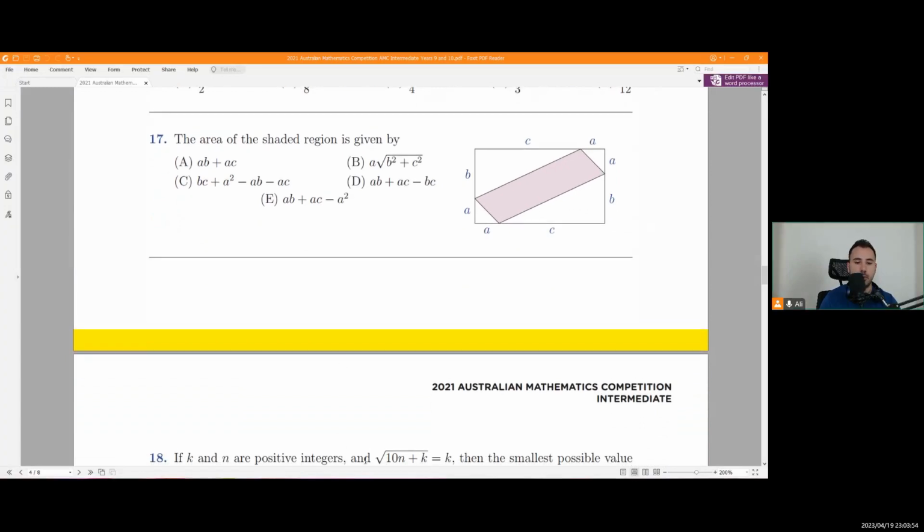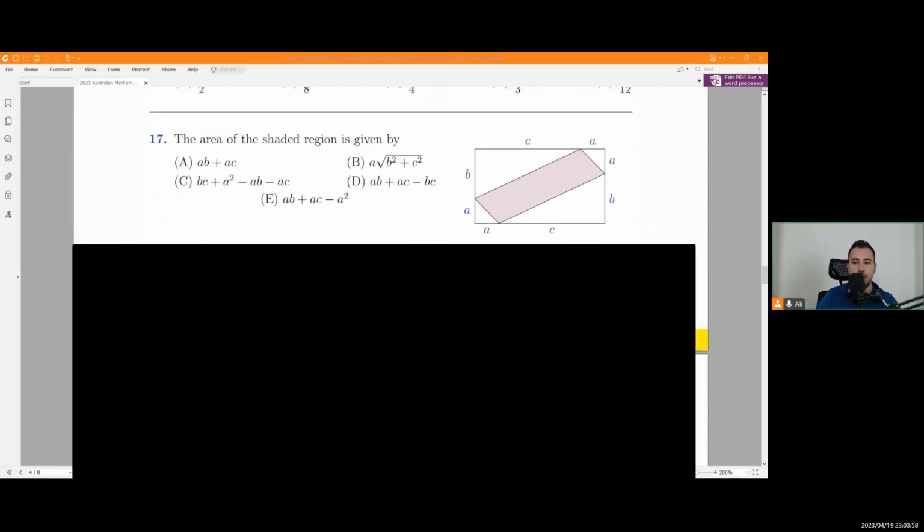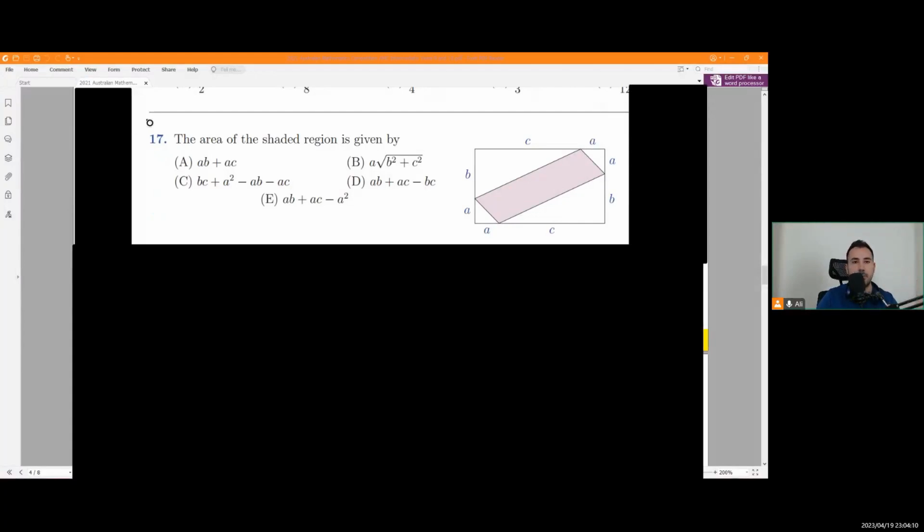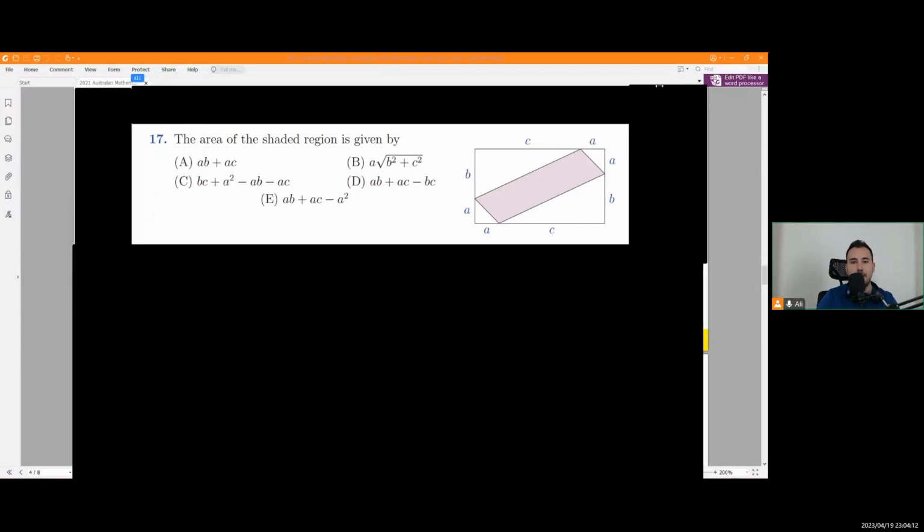Let's go to question 17. The area of the shaded region is given by... see, this question looks scary, right? But it's very easy. If you're the type who is scared by a question, you lose an easy question. See, the shaded area, if you look at it, wow, how am I going to answer? So complex. But the shaded area is going to be the area of